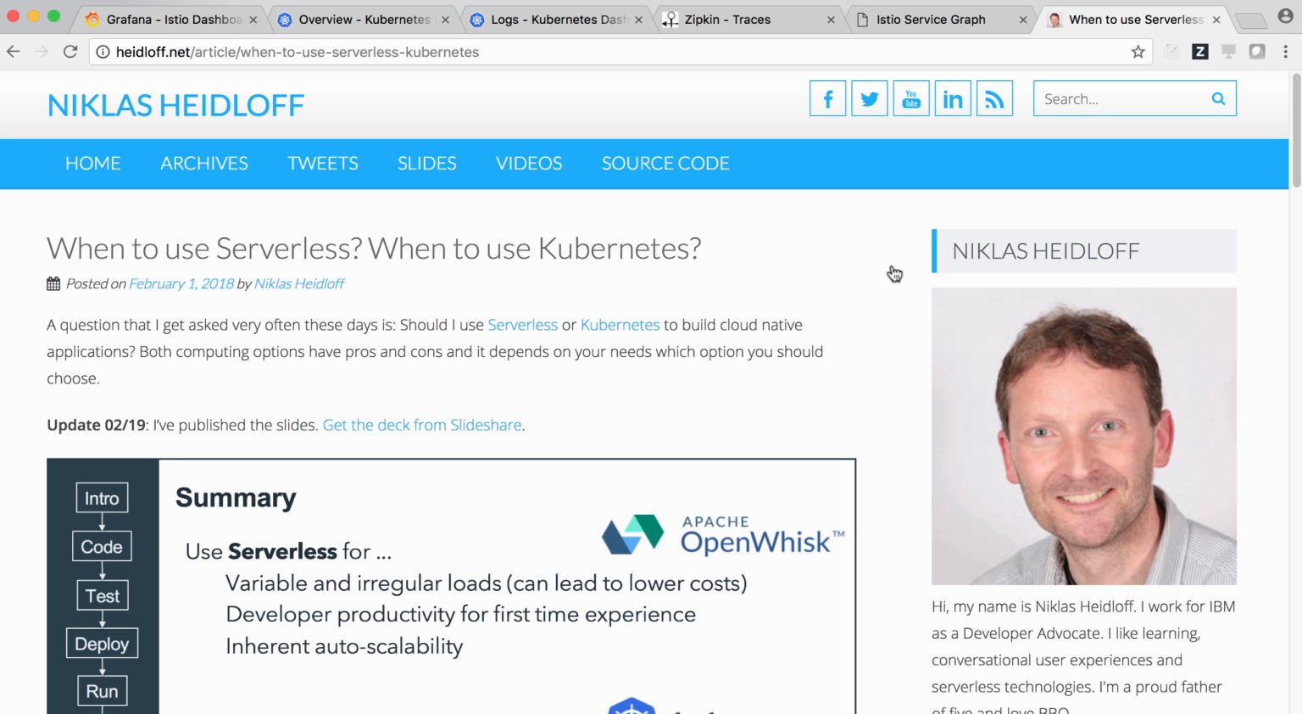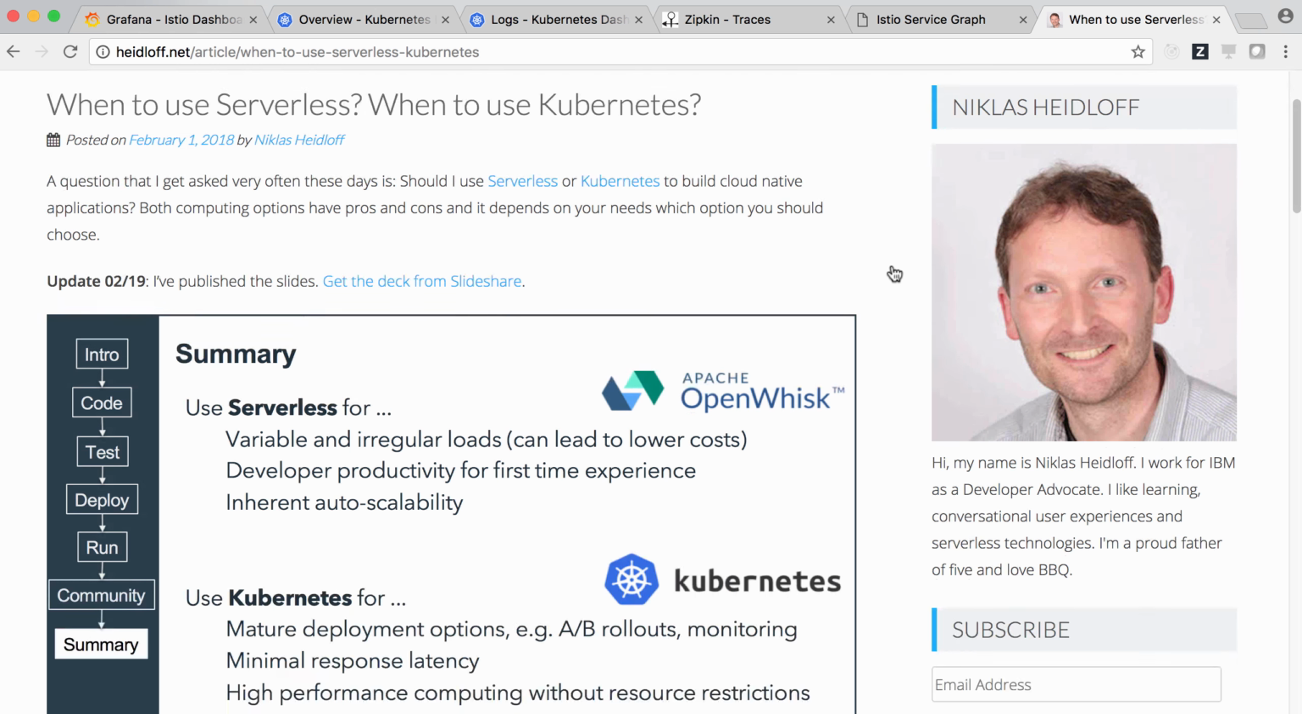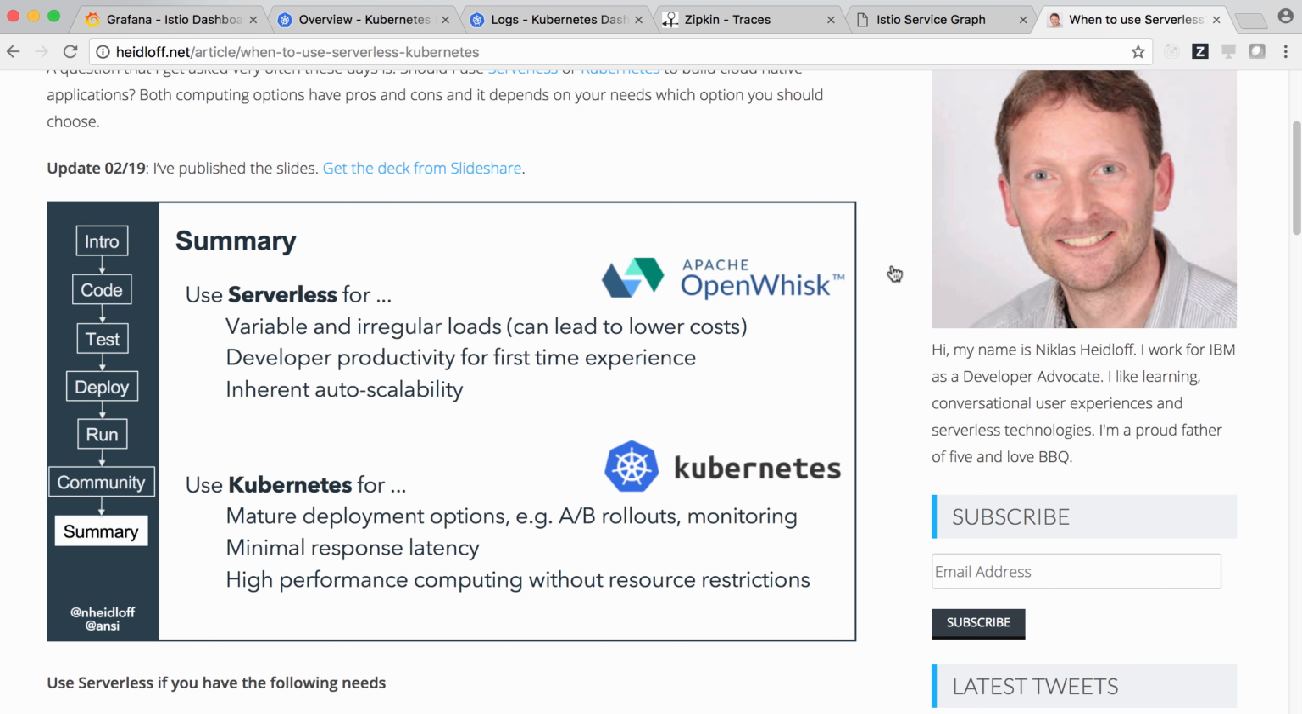These were the demonstrations that I gave in my session, when to use serverless, when to use Kubernetes. I think they showed well some of the differences between serverless platforms and Kubernetes. To find out more about serverless and Kubernetes and pros and